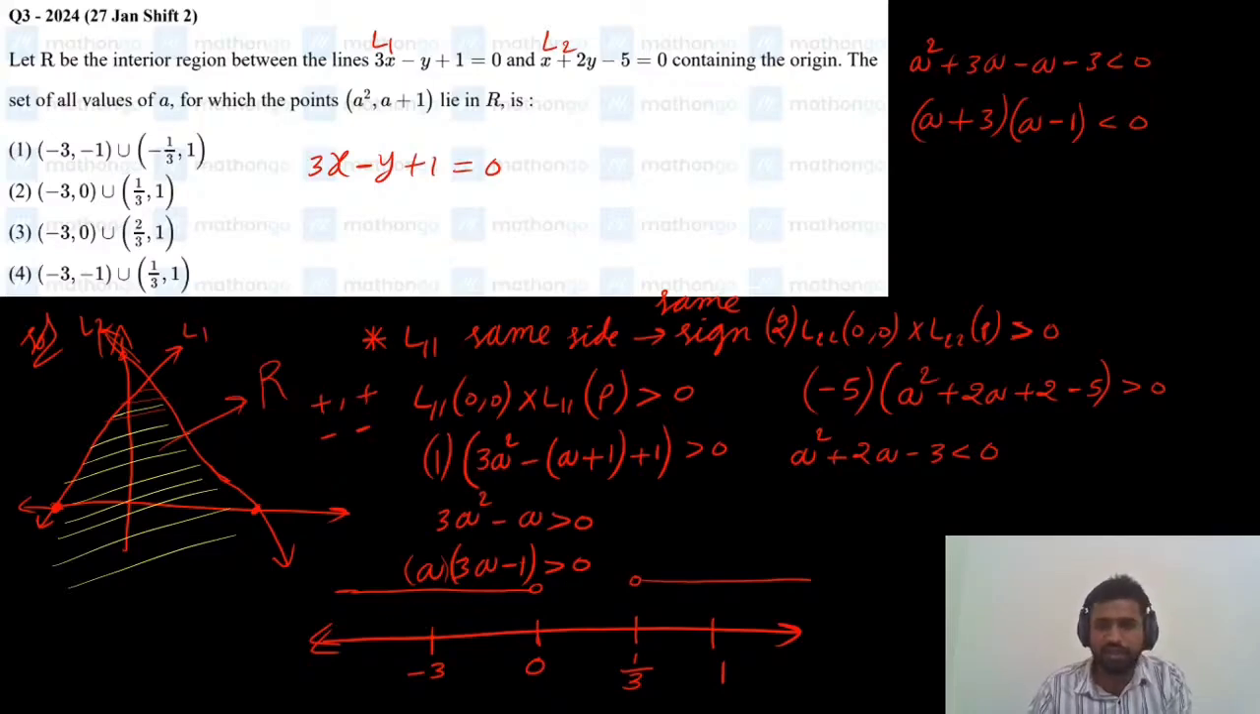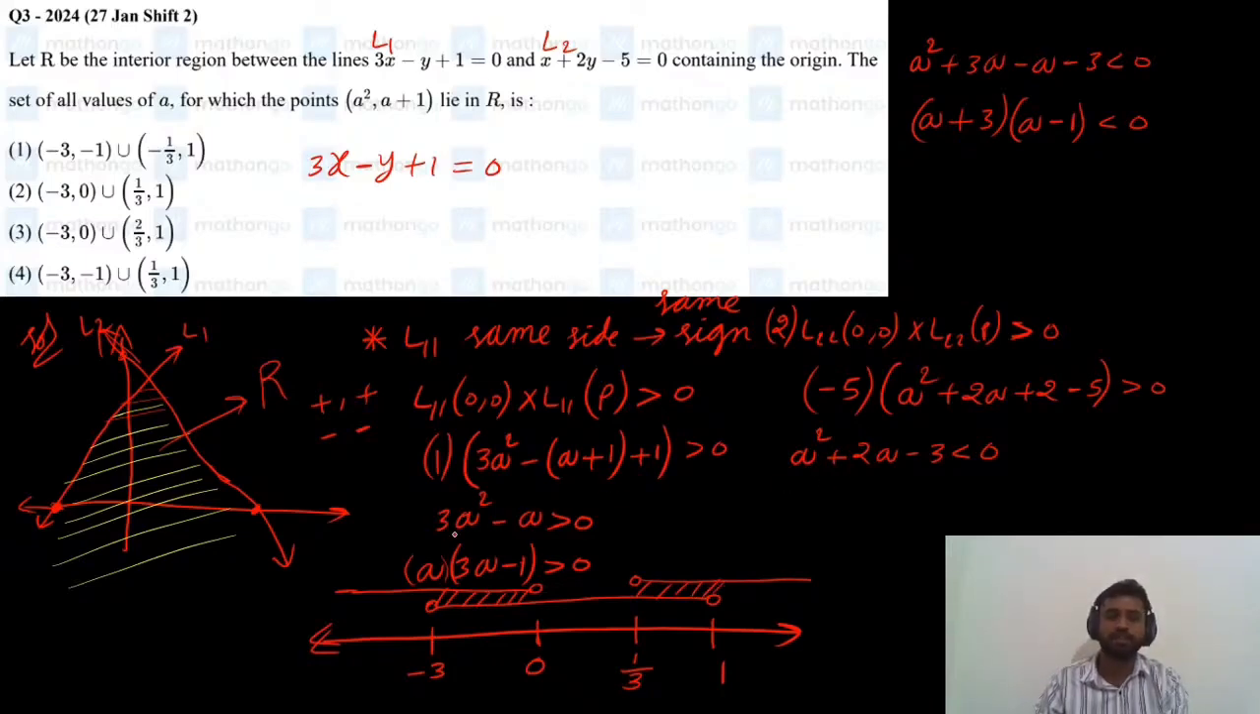This is one interval, and another interval is from minus 3 to 1. This is another interval. Now, what is the common region for these two intervals? Common region for these two intervals is from minus 3 to 0 and 1 by 3 to 1. Okay, from minus 3 to 0 and from 1 by 3 to 1 is the common region which is satisfying